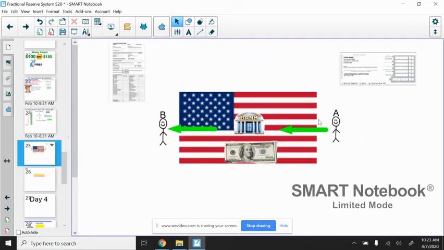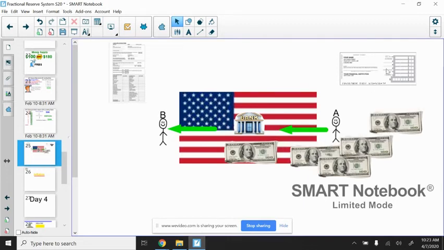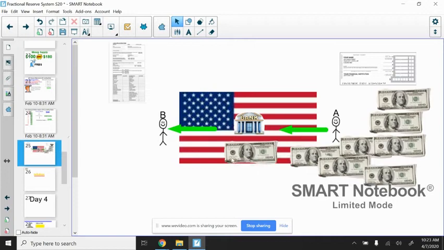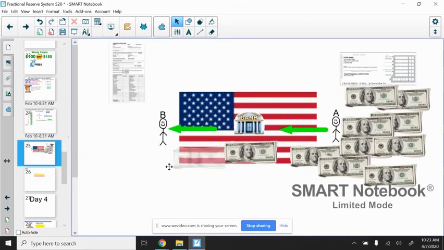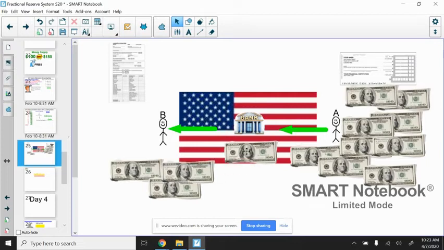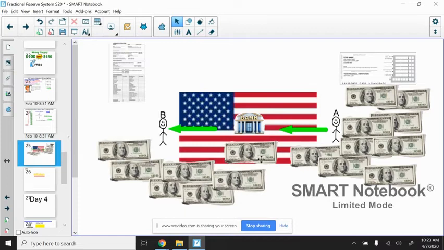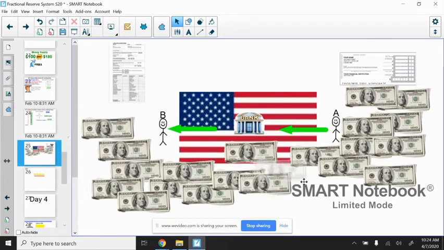So, person A's are going to the bank. Person B's are going to the bank. Person A is depositing money. There's all the money they are depositing. They're getting ownership slips that say they have money. And I remind you, person A literally does have money. But person B, who's going to the bank with nothing, is walking out with all this money. And they have a loan that says it is money. And it is money because someone's taking their checks and saying, yeah, that's total money.